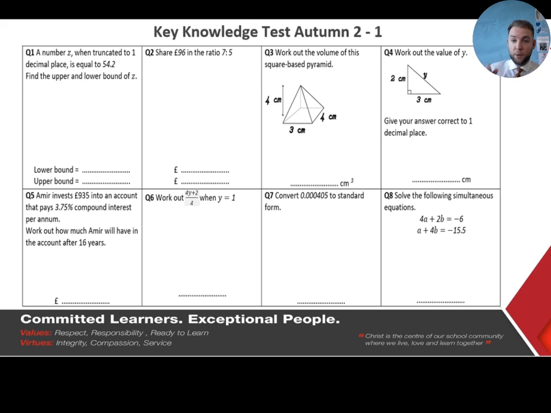Okay, brilliant. So I'm going to put these answers up in just a second, but I want to go through a couple of questions first. I'm not going to go through all of them. I am going to put the answers up, but there's a couple that I want to talk through. And the first one, now,